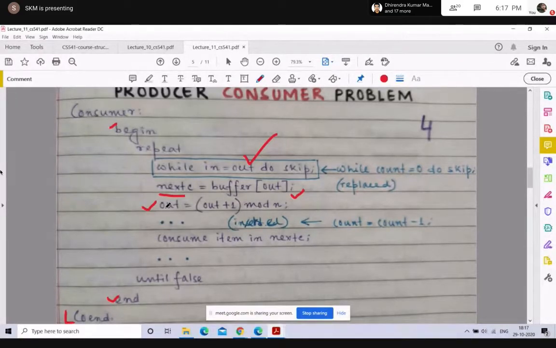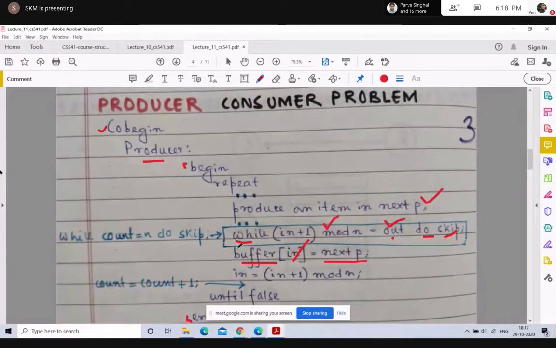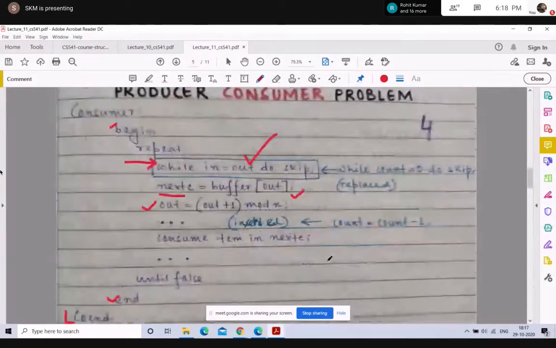Similarly, in is equal to out, this condition here for the consumer process, will be broken by the producer process. If the producer process produces an item and puts it into the buffer, then the in equal to out condition will be false. If the producer process produces an item and puts it into the buffer, it updates the in statement, thereby changing the in equal to out condition in the consumer process.